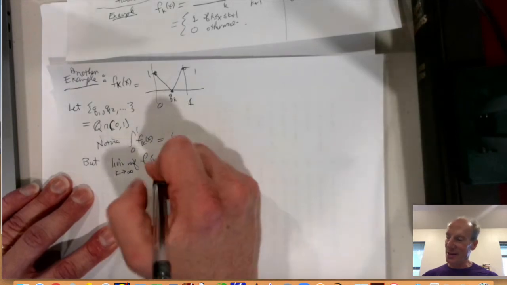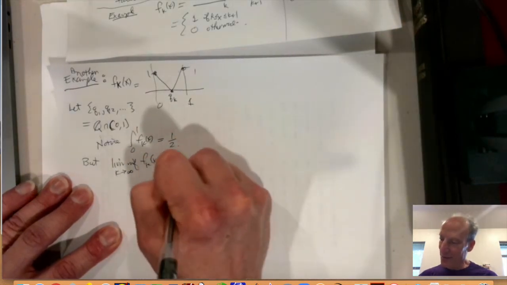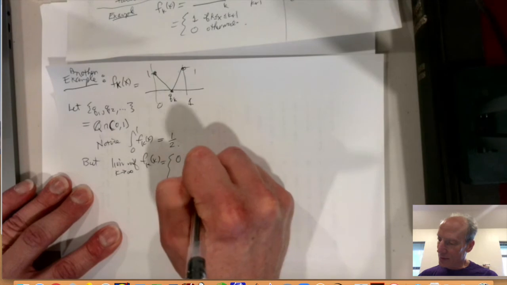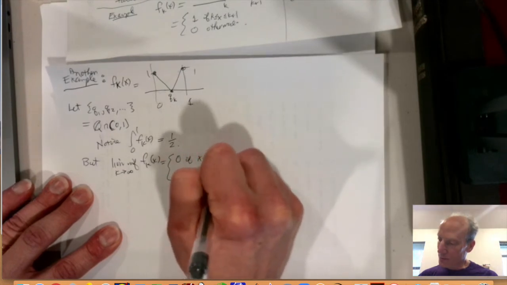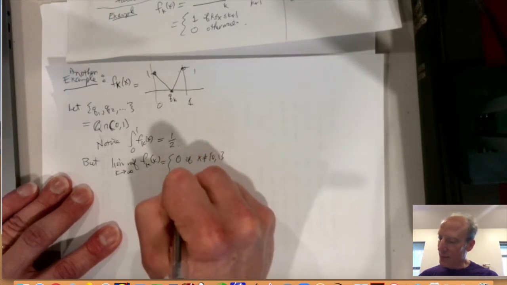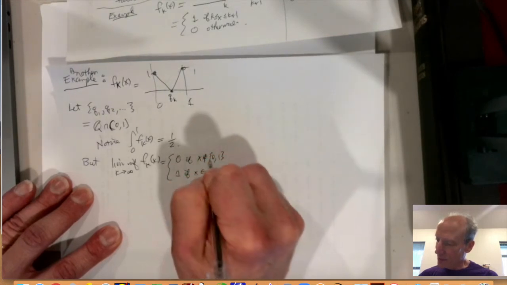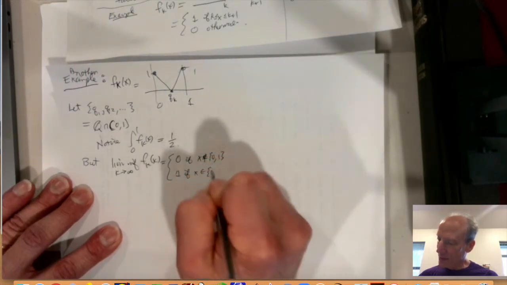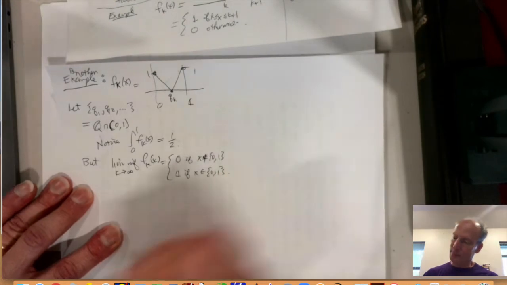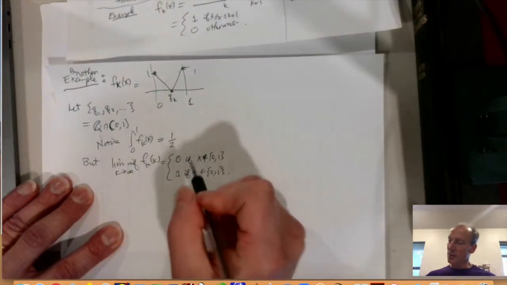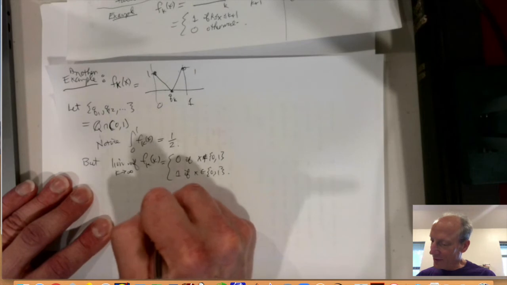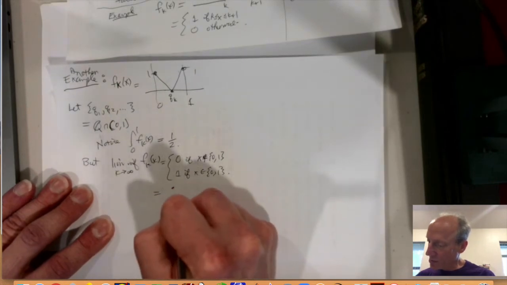So it's actually equal to 0 in the middle. And then 1 if x is in. So the lim_inf of the function is just,